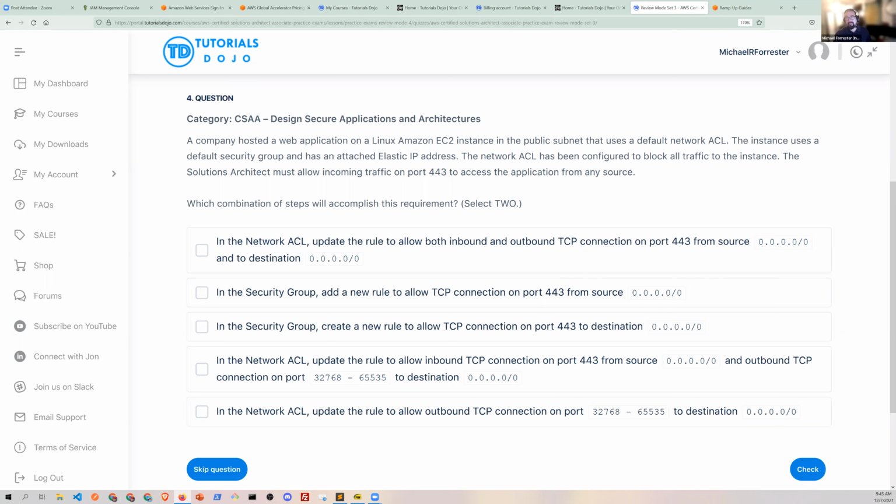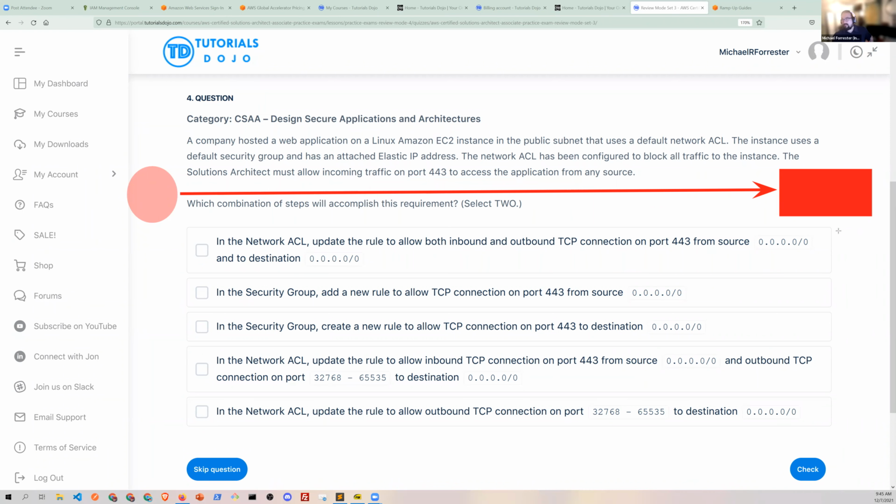So in your head, this is an interesting line of thought. Let's say that on the left is the internet, right? So the internet is over here, and over on the other side, there's our box. What's interesting here is that they have a subnet around the entire thing, and it says using the default network access control list.